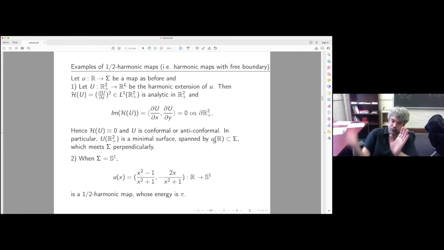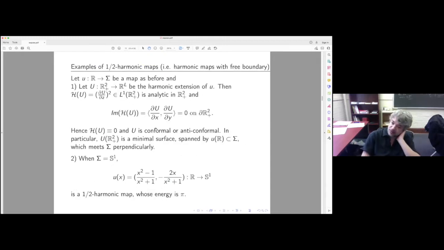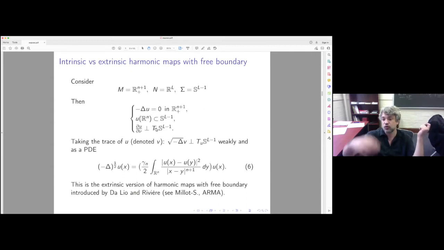Imagine that you have the three ball, S2. You're going to have a minimal surface in the three ball that hits the sphere orthogonally, this is the condition. Okay, so now there is the question, let's try to construct